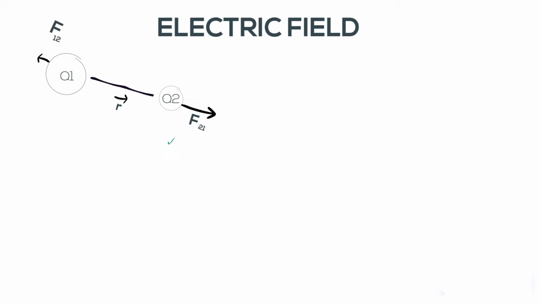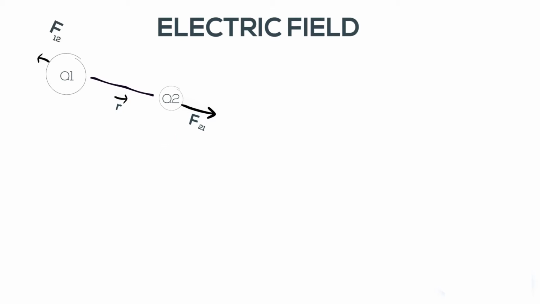Hi friends, so today we are going to learn about electric field. Now let's say we have a point source charge Q1 placed in vacuum at the very origin. We also put test charge Q2 with position vector r as you can see here. Thus, according to Coulomb's law, Q1 will exert a force on Q2 and vice versa.